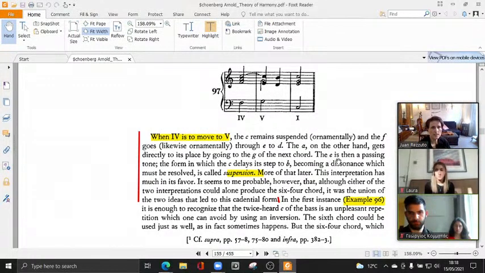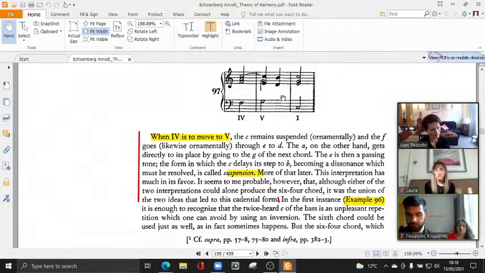The E is the passing tone. In this case, A, the form in which the C delays its step to B, becoming a dissonance which must be resolved, is called the suspension. The C, a fifth, a consonant towards the bass, is then prolonged, transformed to the fourth, and then resolves to the B. Now, please tell me,